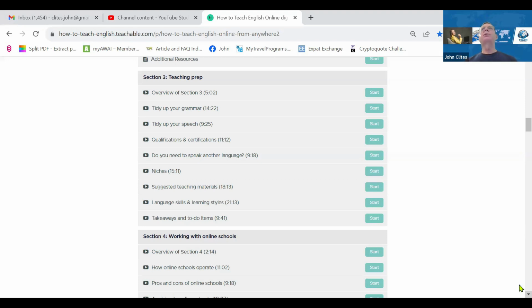Tidying up your speech, the biggest thing here is slow down, particularly if you hail from the US. You probably speak too fast. Like the way I'm talking to you right now, I don't talk to students that way. I slow down and I talk to them like this in a calmer way. I make sure to put in plenty of pauses so that they can kind of catch up to me and understand exactly what I'm saying.